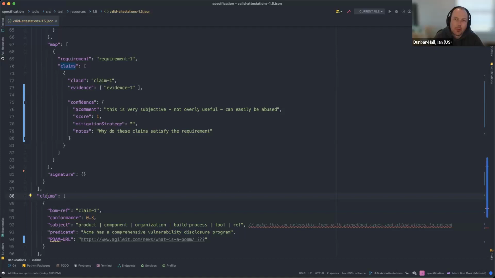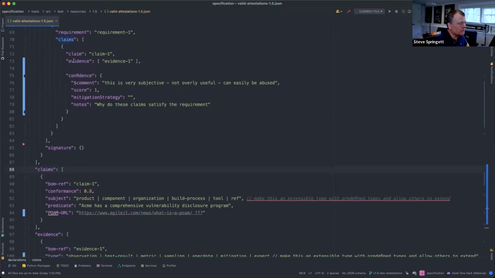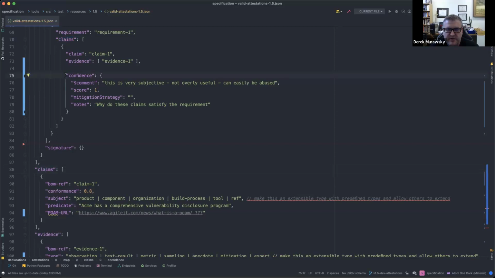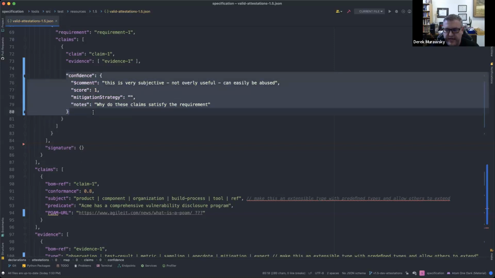Are requirements to claims a one to many relationship only? Or is it many to many? It could be many to many, but that's when you just have another requirement. You can list the claims again. So you could have requirement one. The WAF scenario is a good example of that, right? You need to rate limit. That's one requirement. Another is you need to scan for cross-site scripting attacks at the WAF. That could be another requirement that's backed by the same thing. We do this in our WAF.